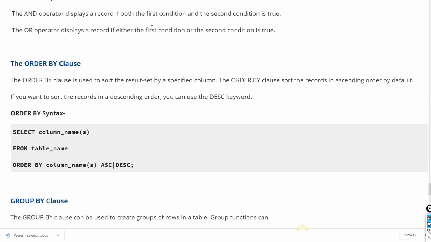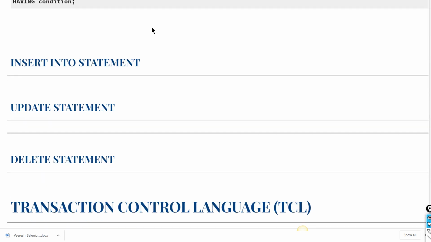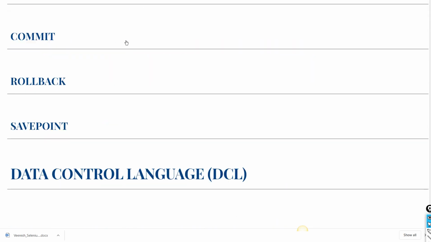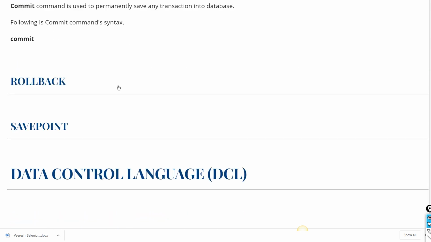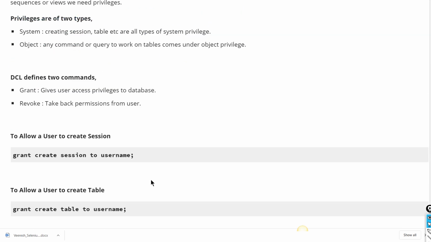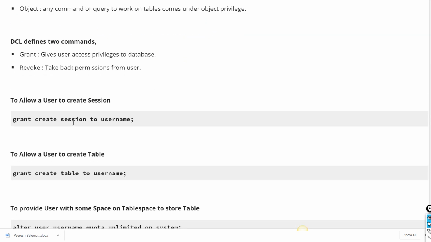You can collapse it in order to see the contents. Okay, and the last one is data control language. Here you can use grant create session. If you want to give access to Viresh, which access? Create session access means he can log in.